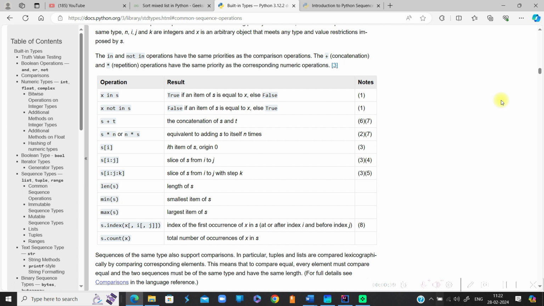These are common to every sequence type. Look at this. Here x in s gives a true or false based on whether x is equal to an item of s. Look into this table. Here I'm going to explain len, min, max, count. In my example,